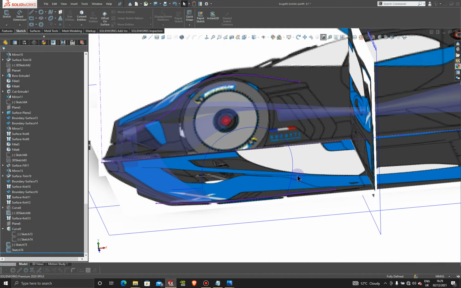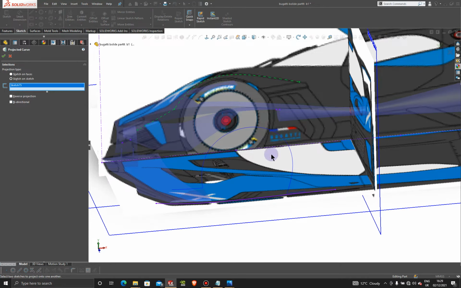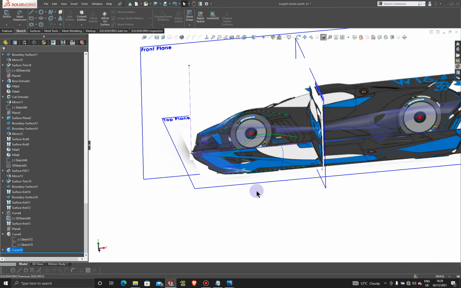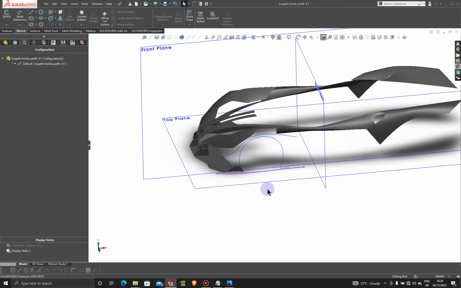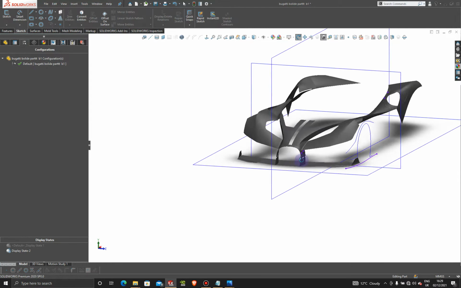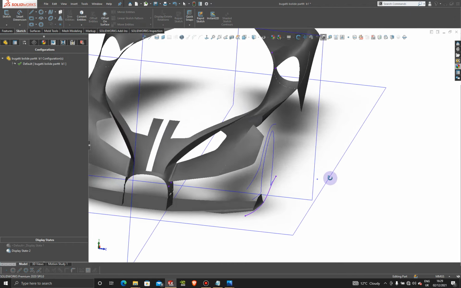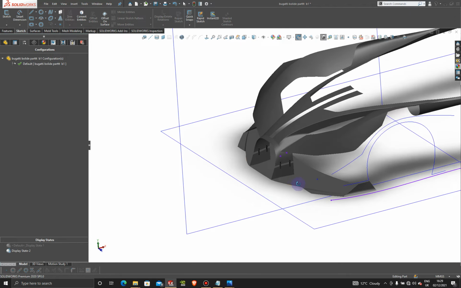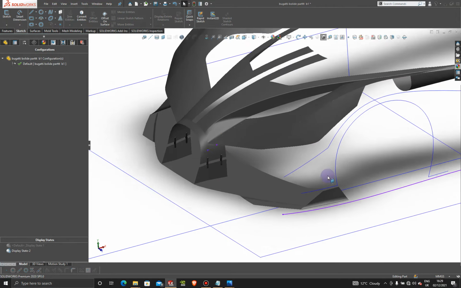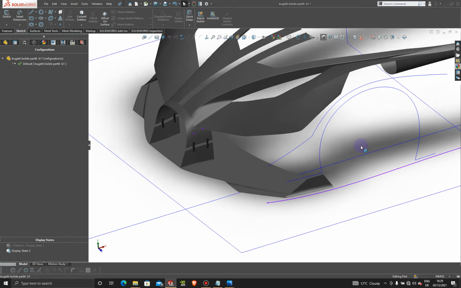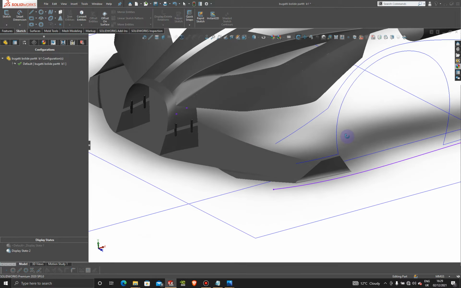Right, and again, we're just going to do a sketch on sketch projection with these two. All right, that's perfect. And now let's have a look at these two 3D sketches. All right, so we are already looking a lot better with these surfaces here, and with these 2 points as well. All right, so obviously the next thing we're going to do